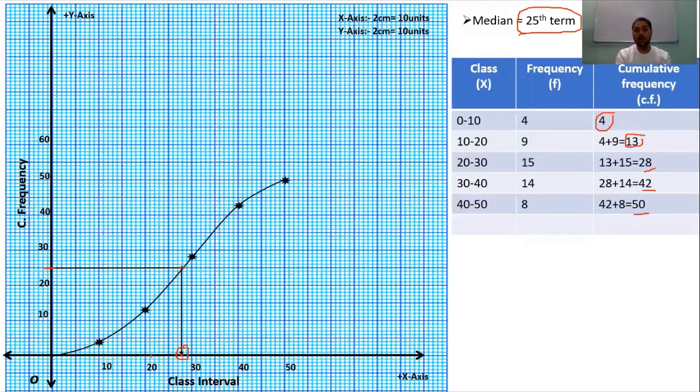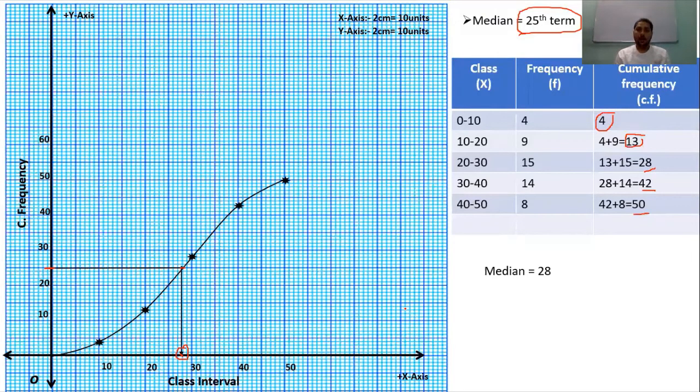Count here 20, and here it will be 25, and 3 at 28. So what will be the median? Median will be 28. So ultimately what we have to do, we have to first find the cumulative frequency, then